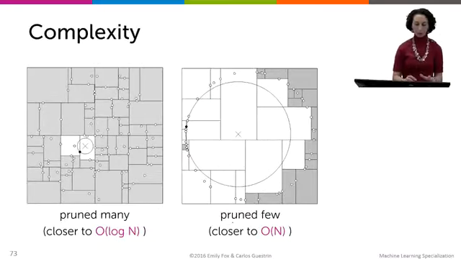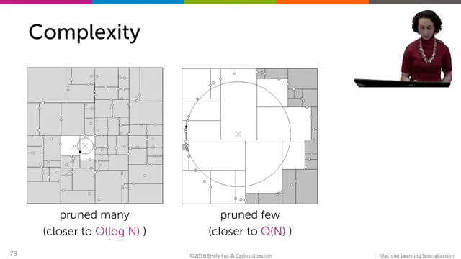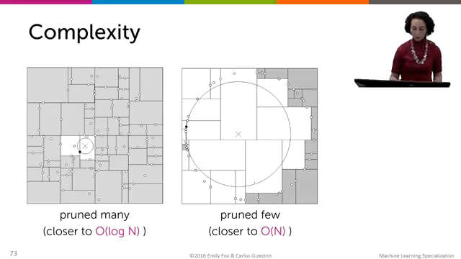Okay, but let's go back to this idea that depending on the structure, or rather the distribution of data in the space, you can actually get things looking closer to log n. So here's an example where we have fairly uniform distribution of points across the space, and for a given query, we've pruned a huge amount of the search space and just had to search 2 different boxes here,